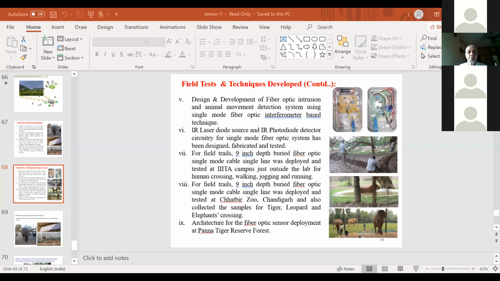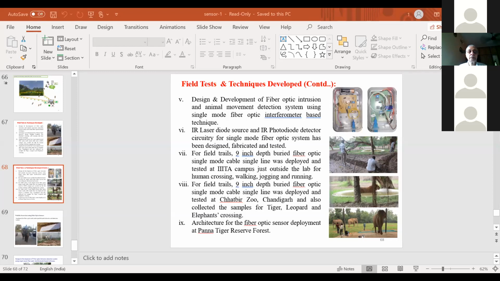Definitely. But you must have imported this type of system, right? Yes, this was done about 7-8 years back, and we were not so much Atmanirbhar. No, still we are not Atmanirbhar. So we want a company to make this. We want to become Atmanirbhar in sensors, at least in fiber optic sensors. So we started with that. We started with the intrusion detection system.